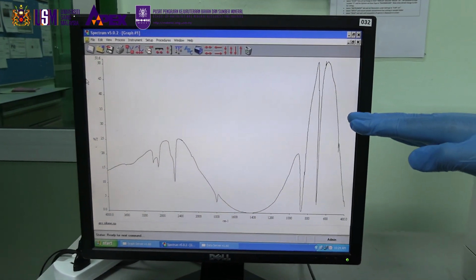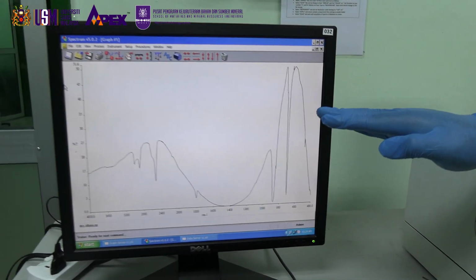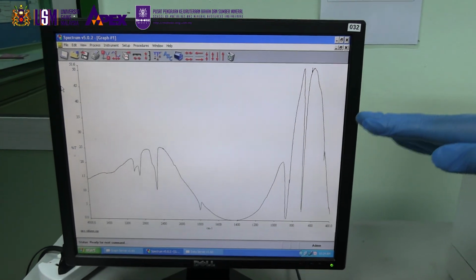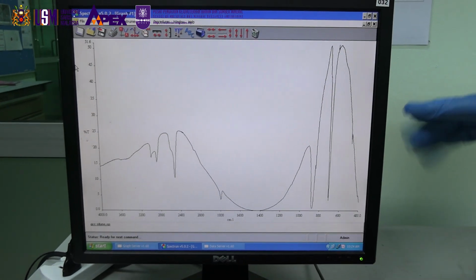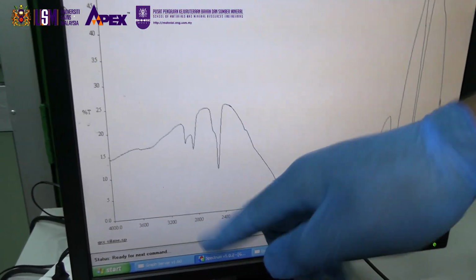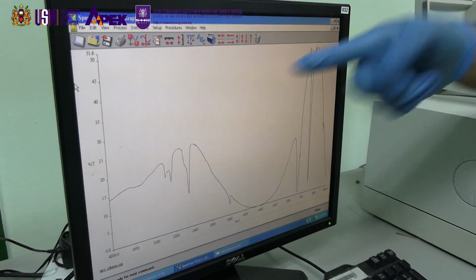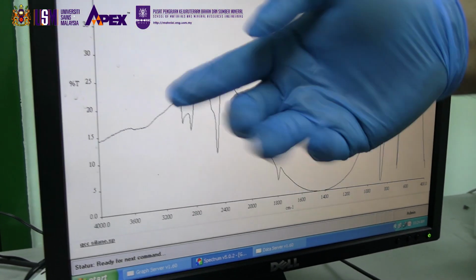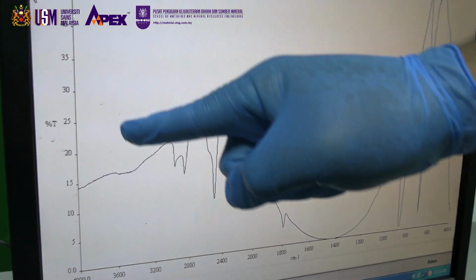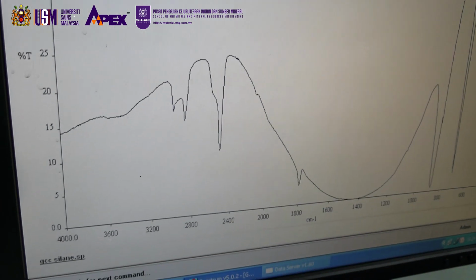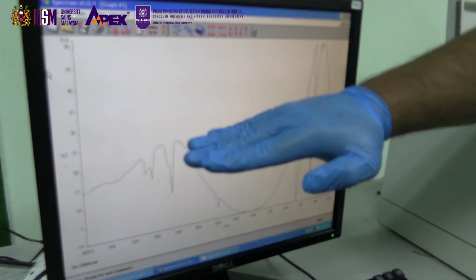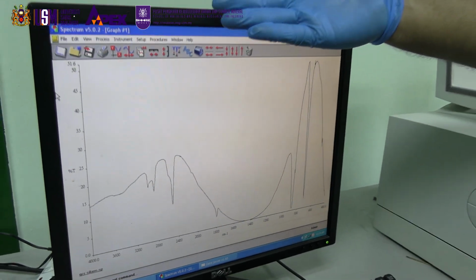I think those who are working in industry, involved in surface coating analysis or any kind of polymer materials, are quite familiar with FTIR analysis. You can see here the y-axis referring to the transmission. In FTIR normally we have two modes. The first mode we call transmittance, and the second one we can plot as absorbance. Actually it's similar. Normally transmittance is 1 over absorbance, so when you plot as absorbance, this graph will be rotated, or mirror-like.